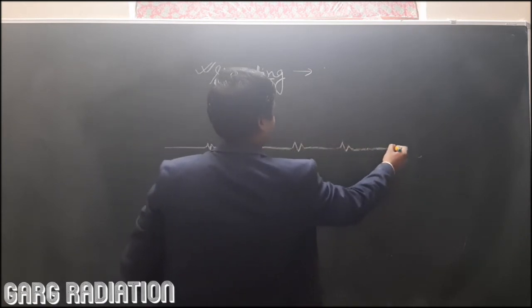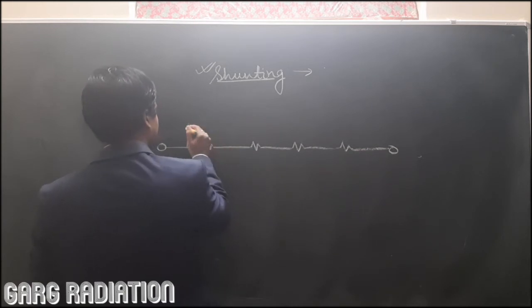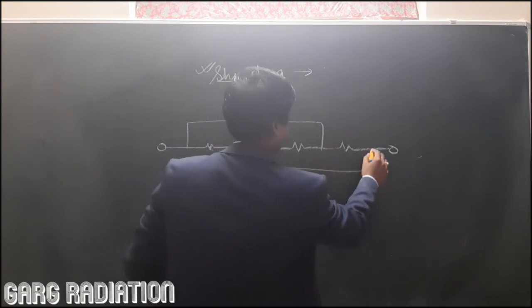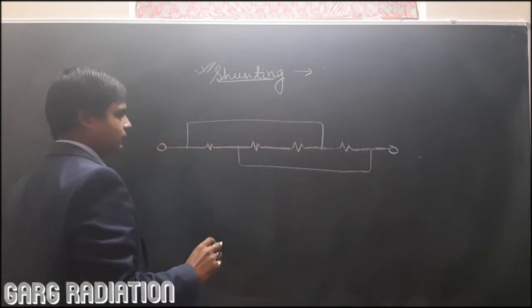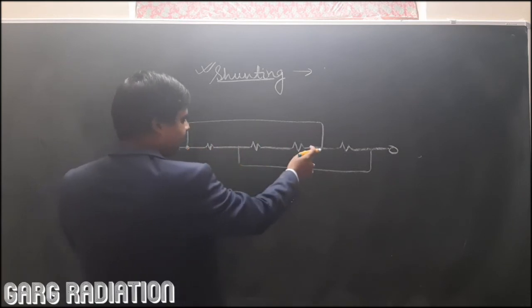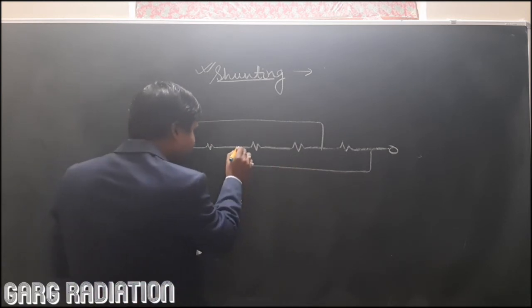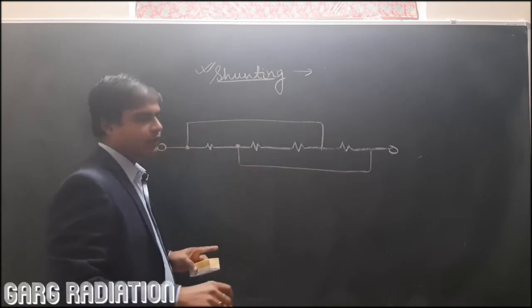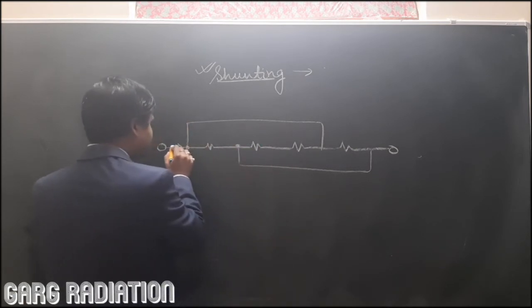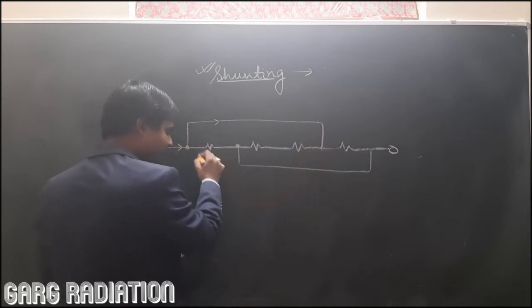Again we take 4 resistances and we connect them like this. So now see, these 3 resistances do not become 0. Why? Because there is one specific point between them which is having different potential. So here it is not so that current will come and completely go through this. Some current will pass through this also.